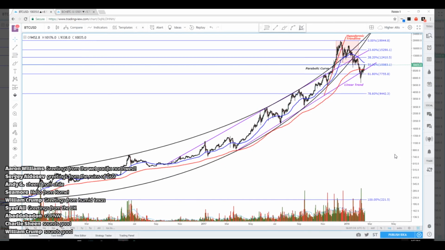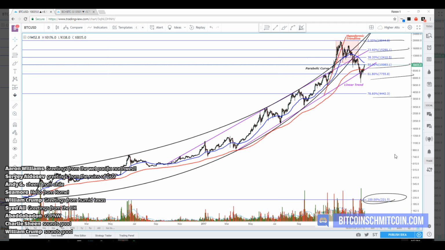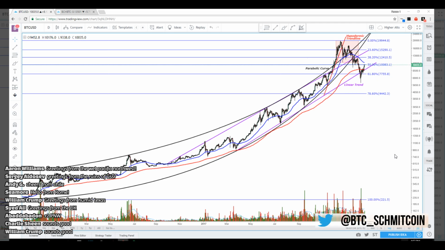So if we look at this thing from the macro perspective, which we should always be contextualizing this in, right? I think the last time we spoke, we were here. We hadn't quite re-entered into this linear trend, here and here, which obviously we're back into. But one of the key things to keep an eye on right here is going to be the Fibonacci levels here, here, and here. And you see that we've currently found support on the 61, and now we're testing the 50,